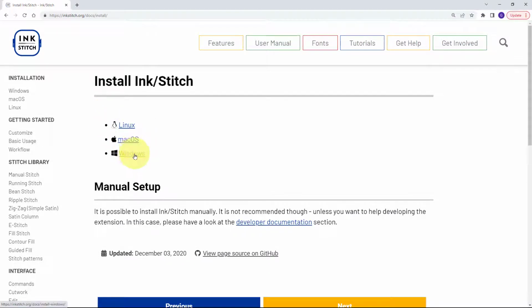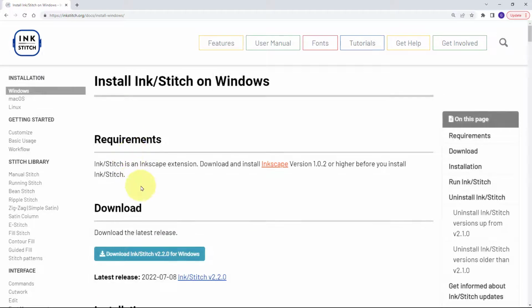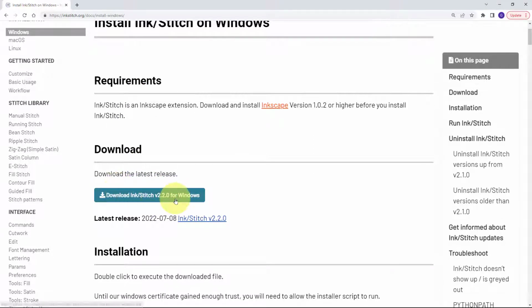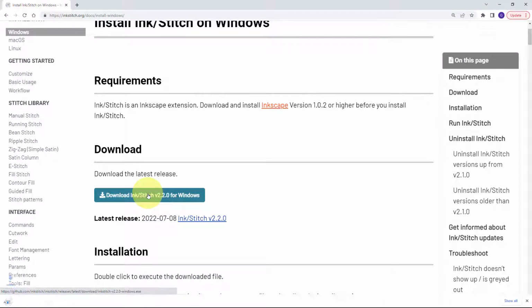your operating system. I'm on a Windows operating system, so I go to Windows, and then all you need to do is go to Download Inkstitch, and it will download. Then just double click on your execution file, and if you had 2.1.2 installed, it will automatically delete that one and reinstall the new version. As you can see, it will just download here,